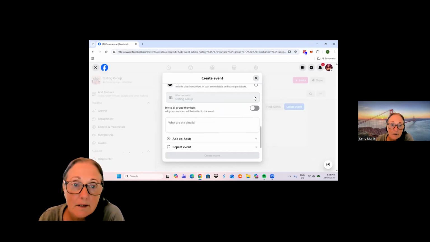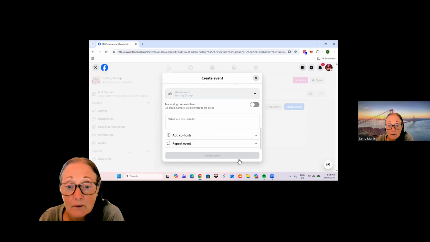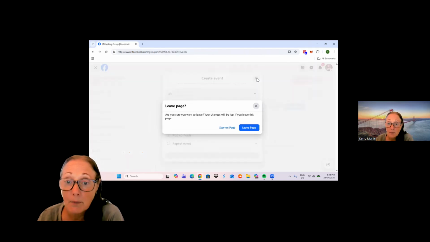So who can see this would be the people in this group, and if you want to invite all group members, what are the details, the co-hosts, etc. Okay, I'm going to go off that. Here you'd have an image, and then you go create event. So if you fill all of this out, then this button comes up and the event's created. So that event then becomes posted